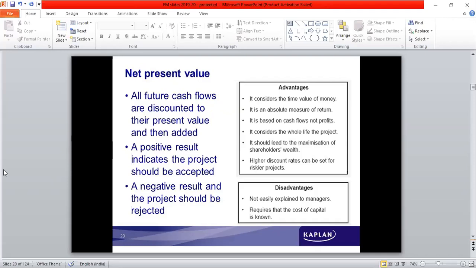Under this, the techniques we have are: the first one is net present value, the second one is the IRR, and the third one is profitability index. So what does net present value talk about? The future cash flows which are anticipated. Now the cash flows would be in this particular fashion. The first year, the present, that is year 0, there is an investment made. So we see there is a cash outflow. Cash outflow is a negative figure. Then starting from year 1 until year n,